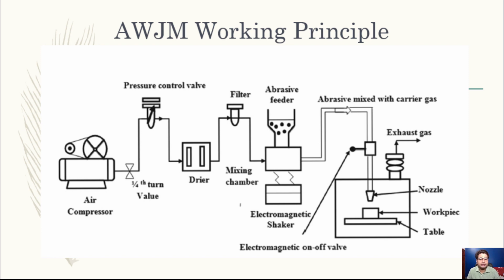Materials that are difficult to cut by conventional cutting or by laser cutting can ideally be cut through the abrasive water jet machining process, as there are many materials which are thermally very conductive. So laser cutting actually induces a high amount of distortion and thermal stresses and makes the workpiece surface poorer. So those materials can be easily machined using abrasive water jet machining.